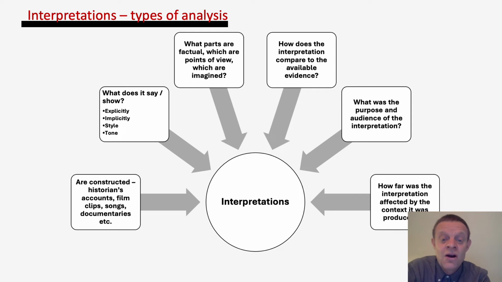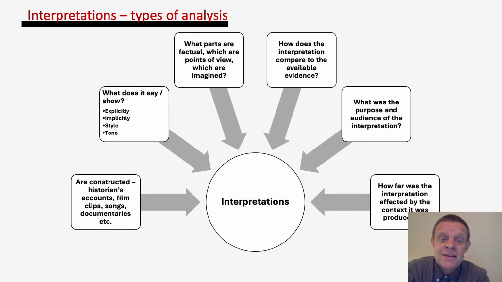But if we start on the left hand side, we should get pupils to understand that historians construct the past from evidence, and that these are separate from the past, so that interpretations are constructed. And they should know that historians' accounts and film clips and songs and documentaries are actually interpretations. Then if we move to the second box on the left,